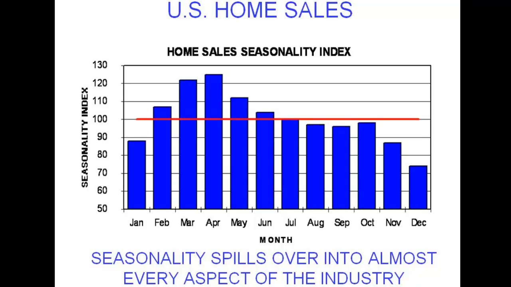Obviously, there's also weather-related issues. It's much more pleasant to go look for a home in the pretty spring months than be slogging through the snow of the winter months. But there's also factors related to construction. Most construction starts are highly seasonal in the U.S., and people like to go out and look when things are under construction. It's just much more appealing to look at a community that's being built than a site where they say coming soon. But what you can see in our chart here is really the heavy months, March, April, May, June.